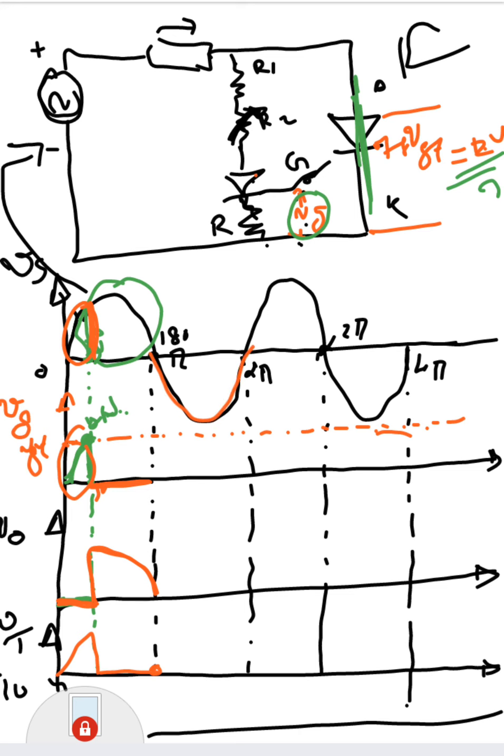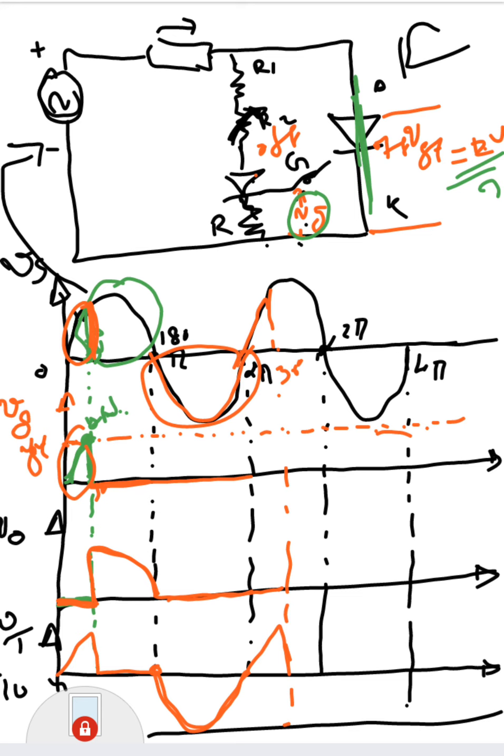Now what happens in the negative half cycle? In the negative half cycle, the diode will be in the off position. So what is the output voltage? Output voltage will be 0. What happens to the switch voltage? In the negative half cycle, the entire voltage will be blocked by the switch. So the voltage across the switch will be equal to the supply voltage. So you take that supply voltage and draw it here. And until the next 30, this process continues. This is 0, and this is also 0 until 30. And until 30, what's the voltage across the SCR? It follows the supply voltage. So you get this.